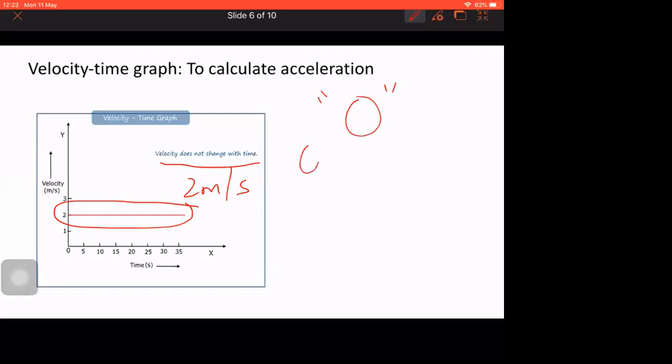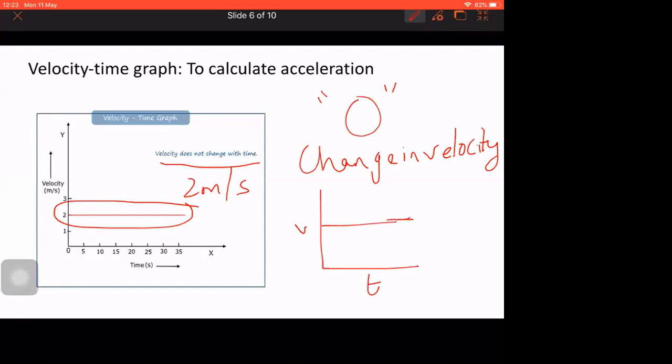acceleration? Acceleration means change in velocity, right? When velocity itself is not changing, where is the question of acceleration here? There is a constant velocity. The object is moving with constant velocity, with no change of velocity. In this type of graph, acceleration is always zero. Any time I show you a velocity time graph in this way, acceleration will be zero. Very important. Each and every point from here is important. Velocity constant means acceleration is zero.